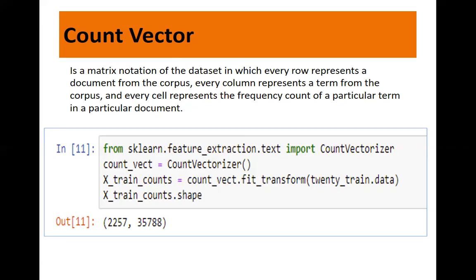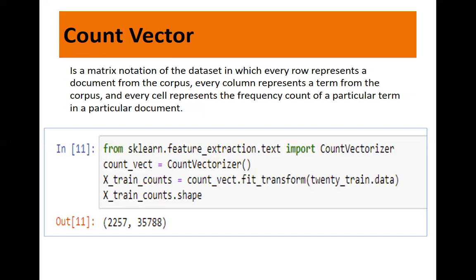To avoid this discrepancy, it suffices to divide the number of occurrences of each word in a document by the total number of words in the document. This feature we call term frequency.